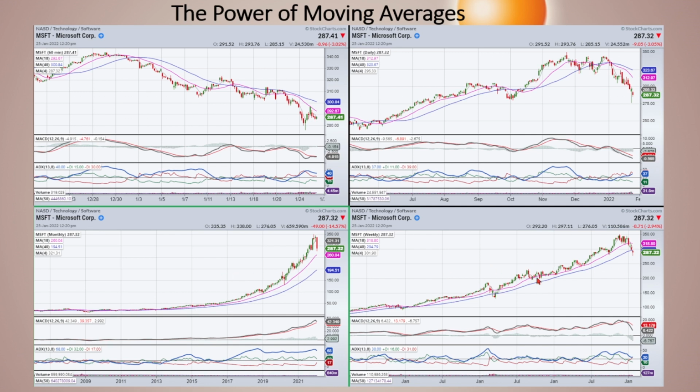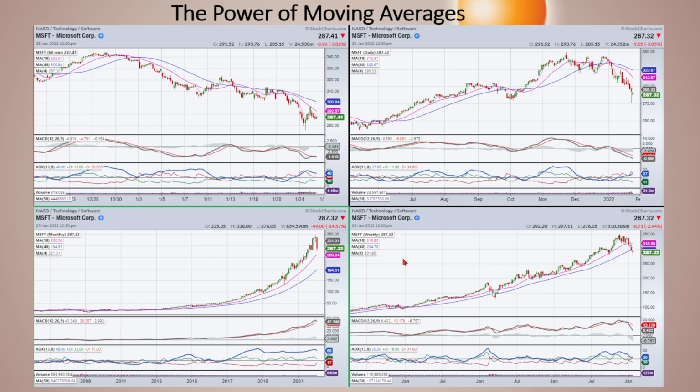So we've got the 2 bigger trends with the longevity problem. Both of these trends have been going up for a very, very long time. And the real problem with Microsoft is that it had spent a long time without coming back and touching the 18-month. So these are all types of things I want you to start to think about when we're going through and looking at the moving averages, and the reason why we're using multiple time frames.